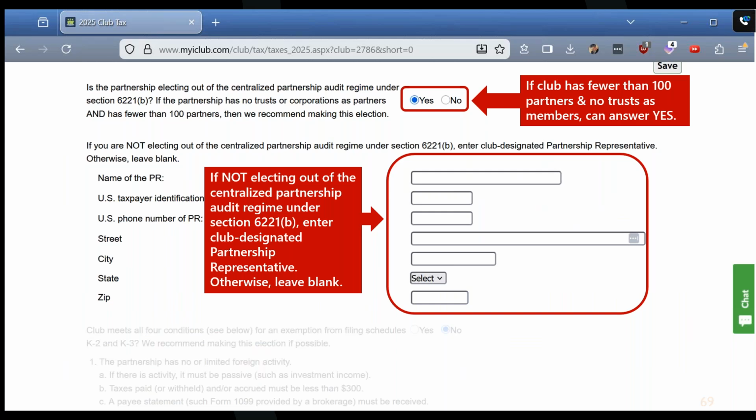As we continue down the Q&A, the next question has to do with the centralized partnership audit regime. This is one of those great IRS programs that says that if the IRS has a problem with underpayment of taxes or penalties that are due, instead of coming to the members of the partnership at the time the penalty was assessed or the underpayment was triggered, they can come to the current partnership now and demand restitution. The problem with that is that in an investment club, the members 10 years ago may not be the same members